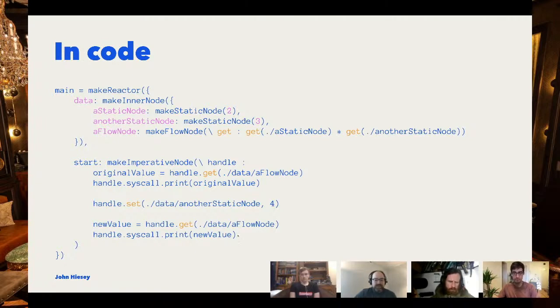And eventually, in addition to get, I'll also have subscribe. So I can subscribe to changes and say, run this handler when this changes. It's essentially a change listener. So I could say handle.subscribe a path, and then provide the name of the method to call. So I could have my handler also inside of main as another method down here. And there's a lot of fancy stuff you can do, but this is the basic idea.